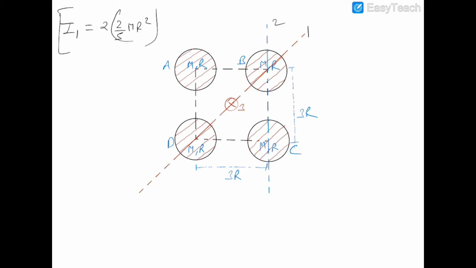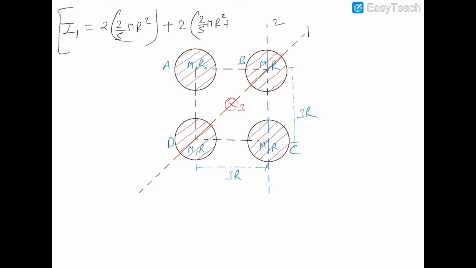This is the moment of inertia of spheres D and B because axis 1 is passing through their centers. Now the moment of inertia of A and C would be equal, therefore it would be twice of m 2/5 mr² plus